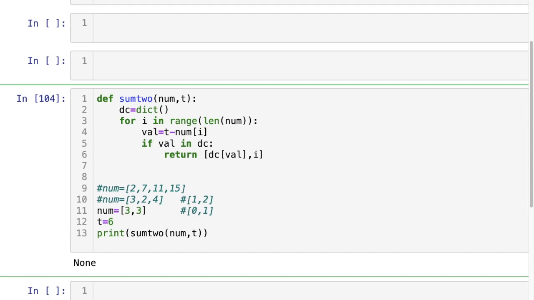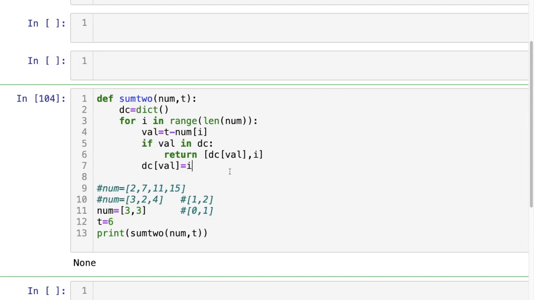And if it is not present, then we'll simply add that value, DC of val equal to the current index, means DC of val equal to y. If it is present, then we are returning the value present at that key and the current index, and if it is not present, then we are simply adding that value in the dictionary.